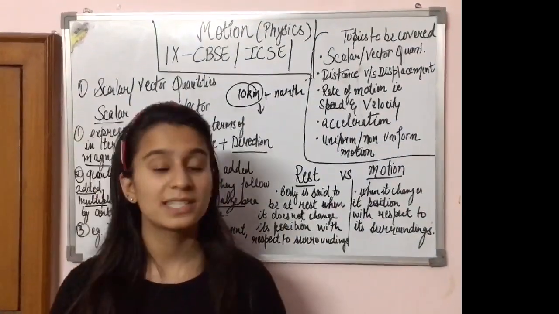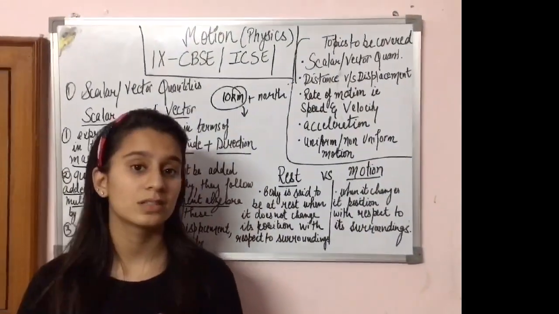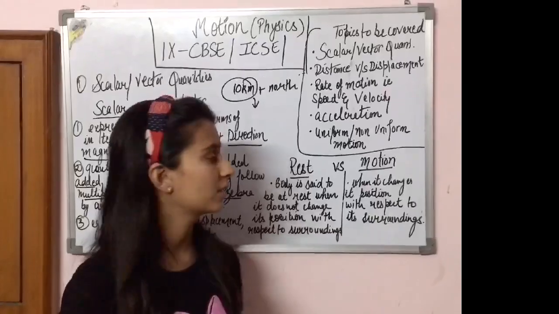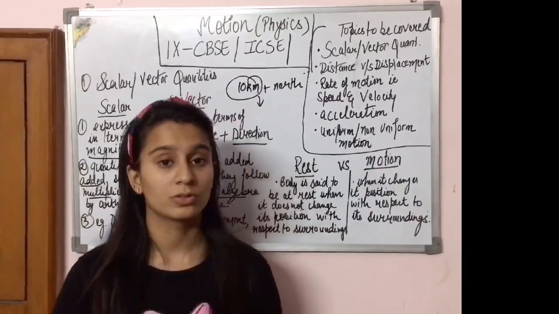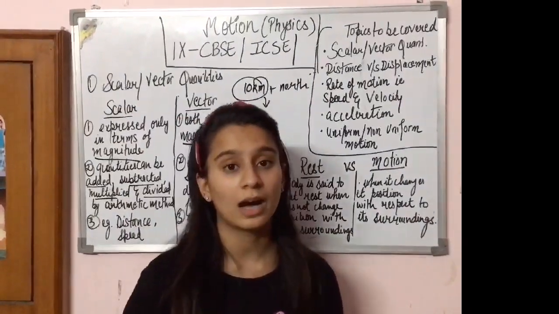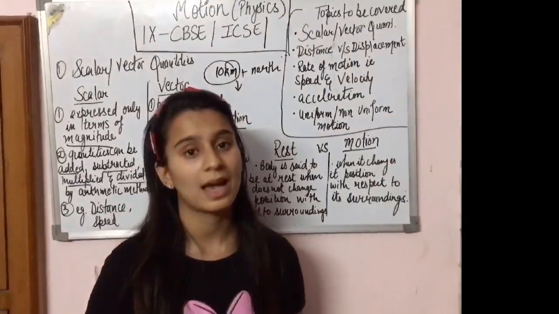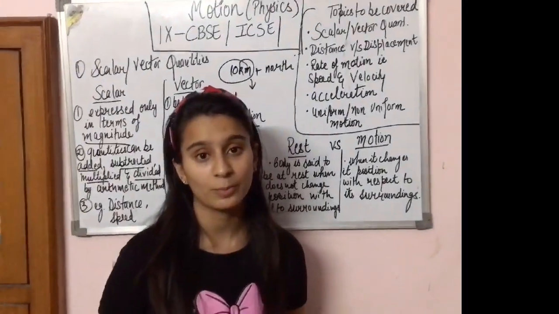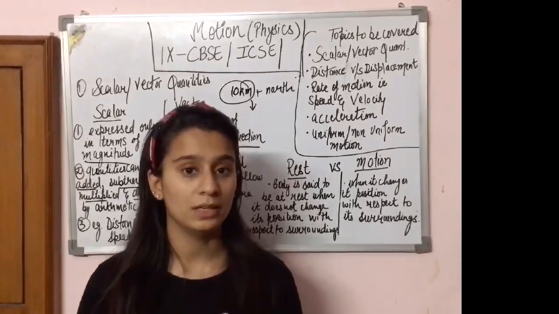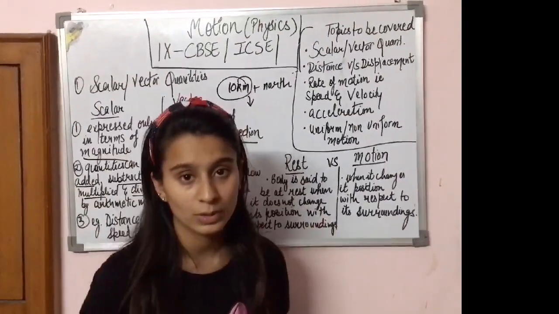Likewise, a moving train is said to be in motion because it keeps on changing its position from one place to another. So it is an example of a body in motion. Guys, remember, rest and motion are simultaneous terms. They go hand in hand. If a body is at rest at one point of time, the other body will be in motion. So they are relative terms, we can say that.